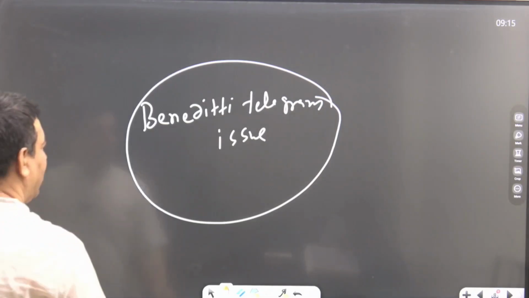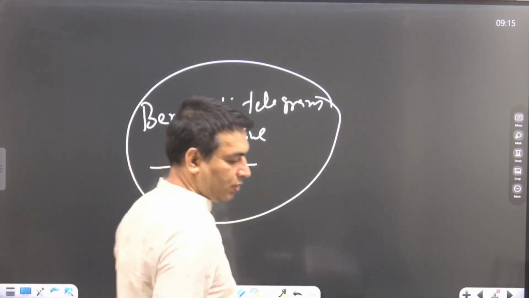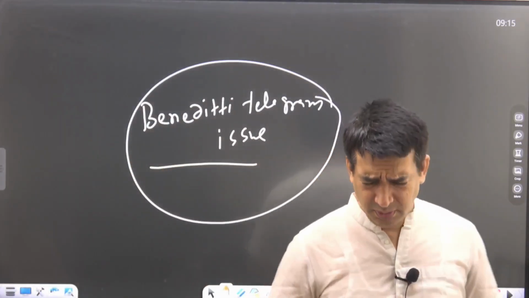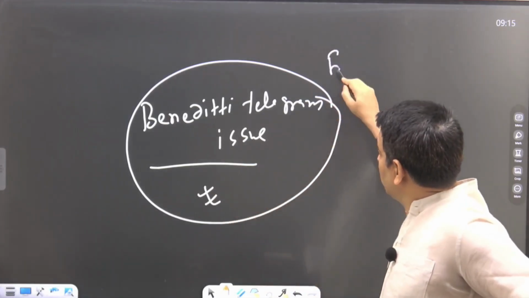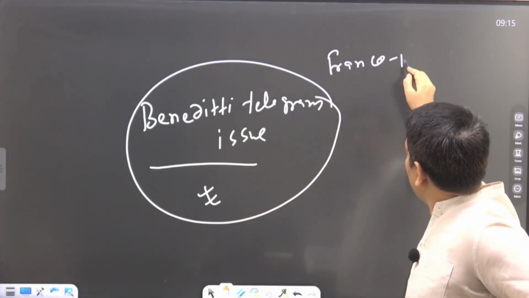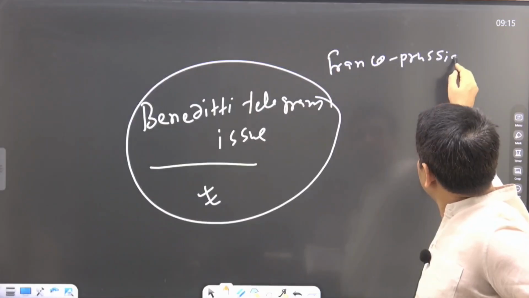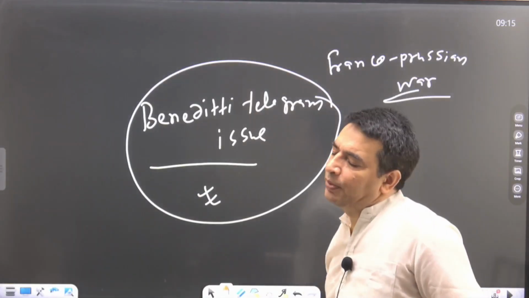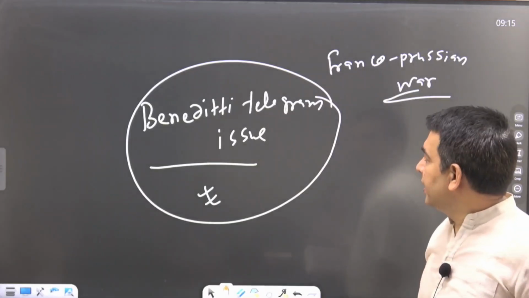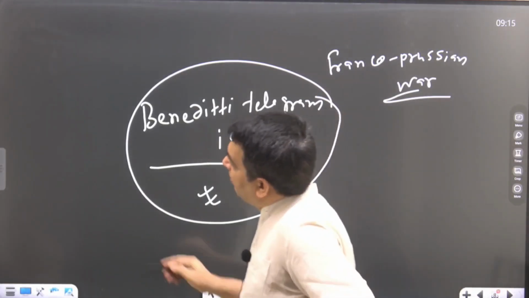Benedetti telegram episode. This became the immediate cause for the Franco-Prussian War. And we have in previous classes already discussed that when the Battle of Sadova